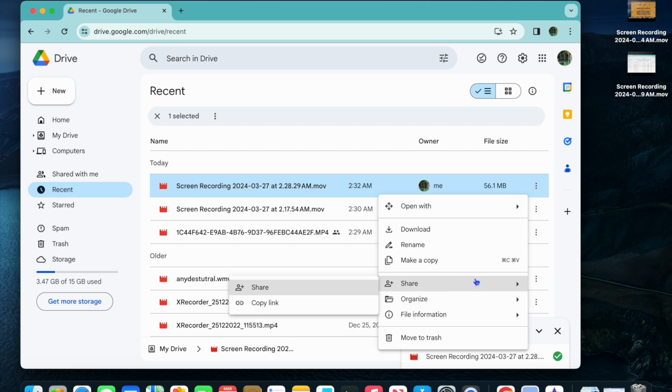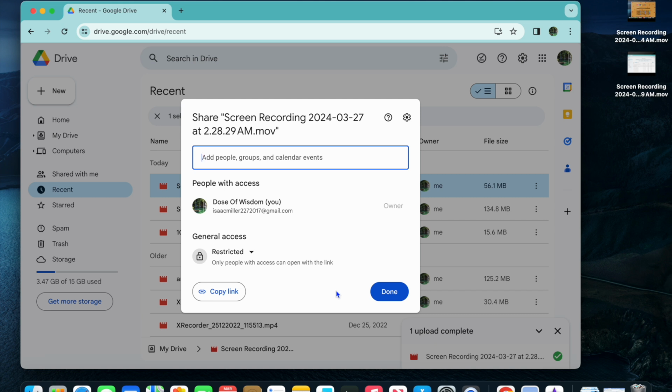Then you're going to tap on Share, and you're going to select Share. After selecting Share, you'll see General Access. And at the moment, if we were to share the link, you can see right here, only persons with access can open the link. So we're going to tap right where you see Restricted, and you're going to tap on